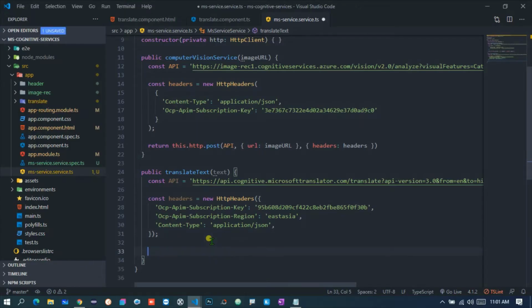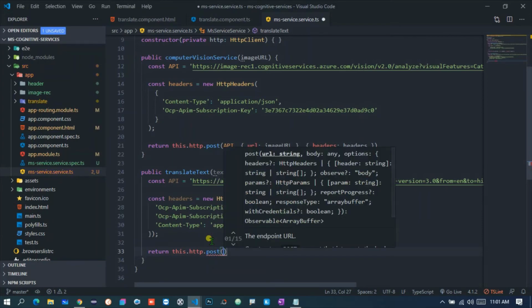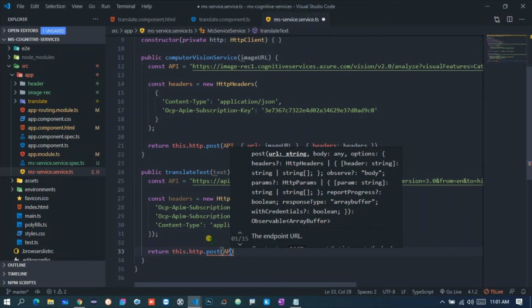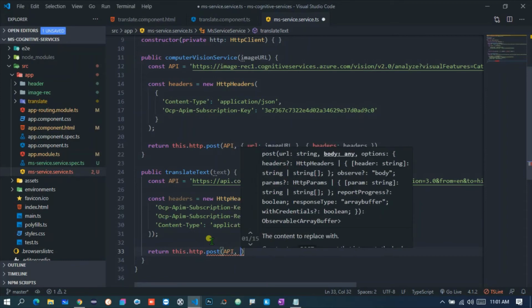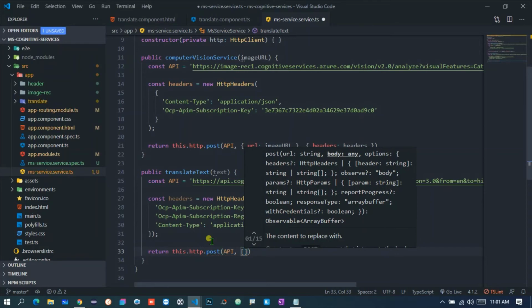So let me just return HTTP dot post, and over here we just need to pass some information. The first information that we want to pass is the API. Then we just need to pass some body. Inside the body we just need to pass the text.